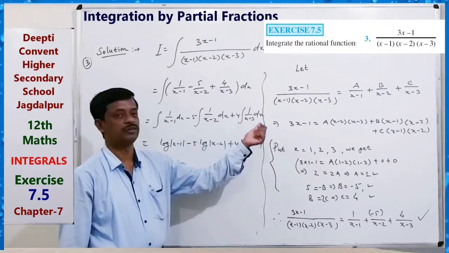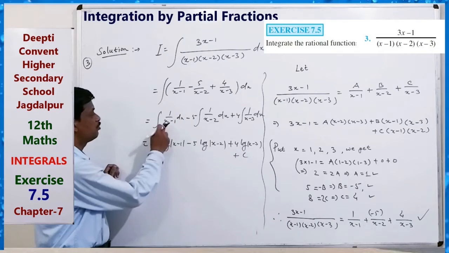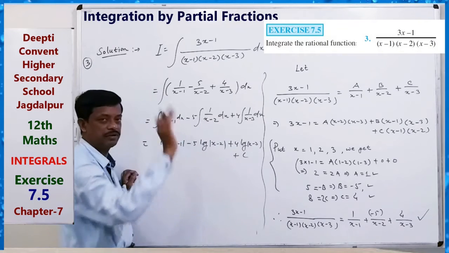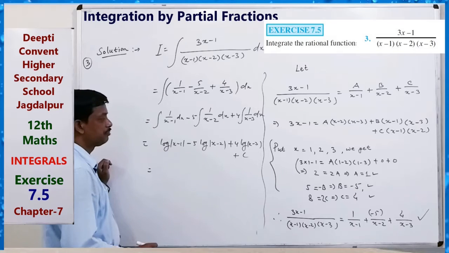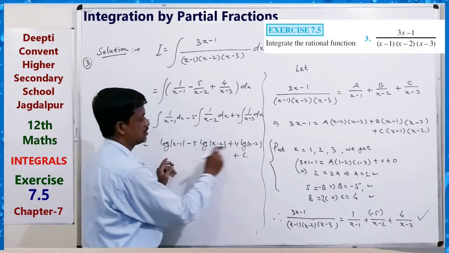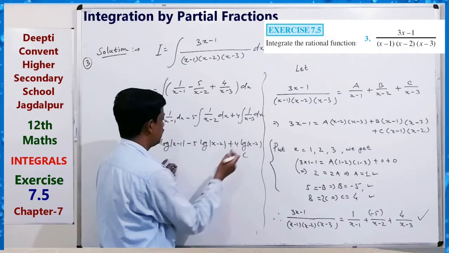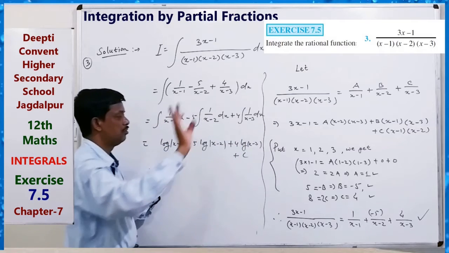A linear factor can be solved directly and easily. The coefficient of x is 1, so divided by 1. Here, this can be written as the mod of x minus 3, using log a plus log b, to the power 4. You can write it to the power, and then x minus 3 to the power 4.